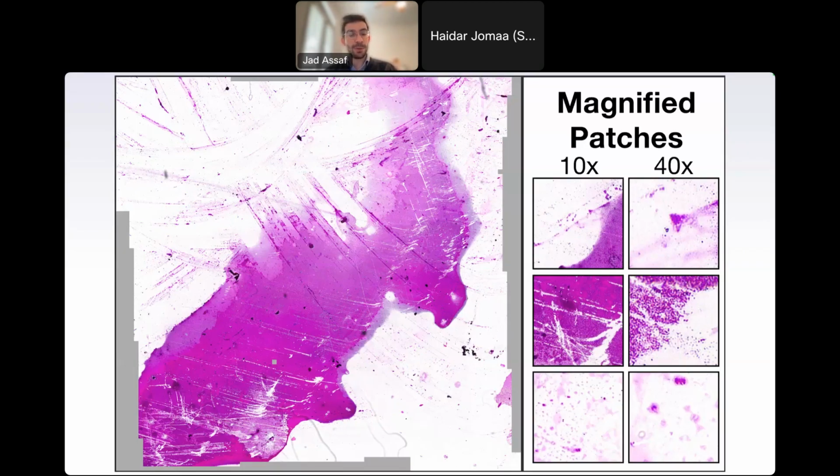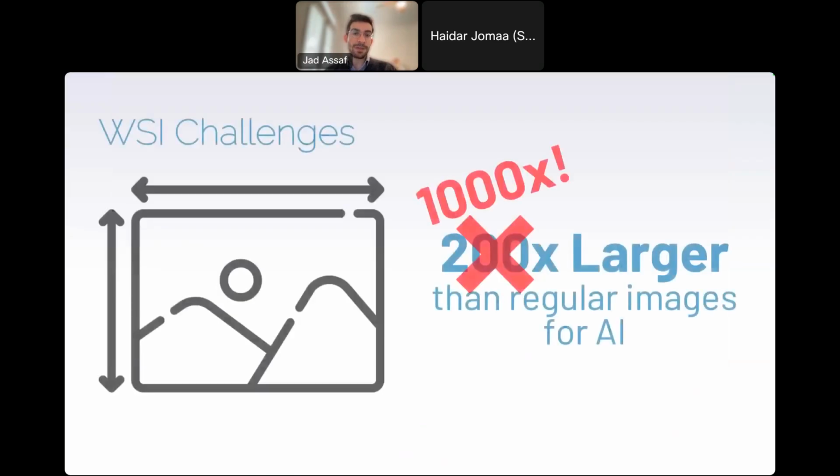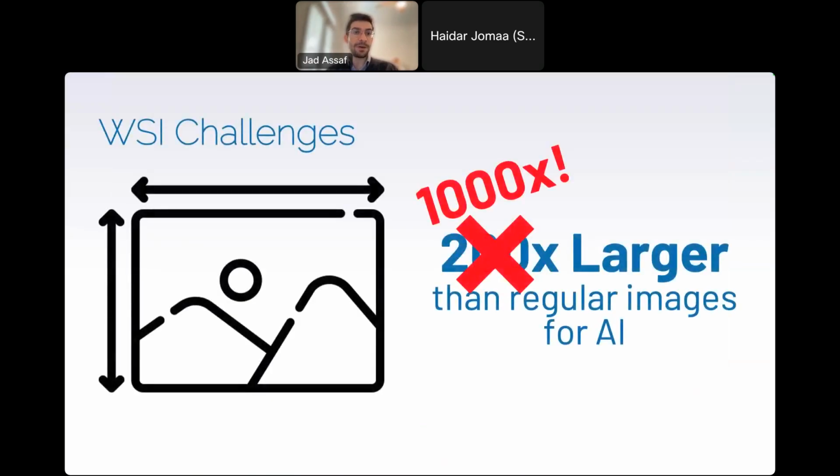There's a lot of debris in these images. So we have a resolution challenge where the features that we're trying to image are very small in terms of resolution. But we also have a gross resolution challenge. The entire whole slide image is multiple times larger than what we were dealing with in the fungal keratitis data set. Each image can be a few hundreds of thousands in resolution, and it's very challenging to work with this